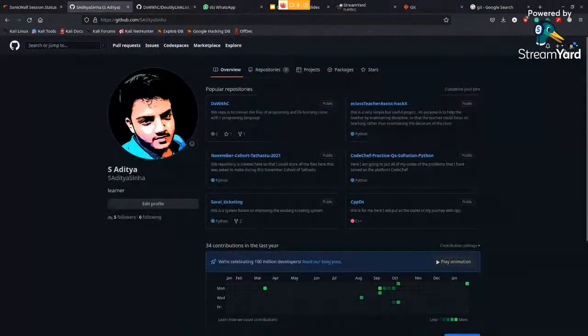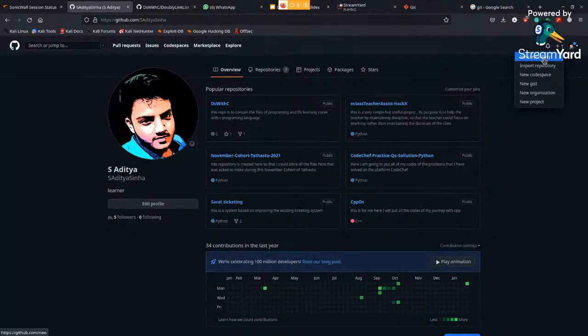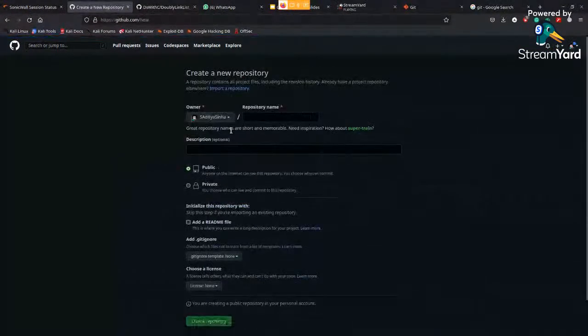And here it's a very easy way to create a repository. You can easily create a new repository, or even import a repository if you have a previous one. To create a new repository, there's a very simple step. You can come to this page and type your repository name. Let's say Git test, and you can even add a description to it if you want.